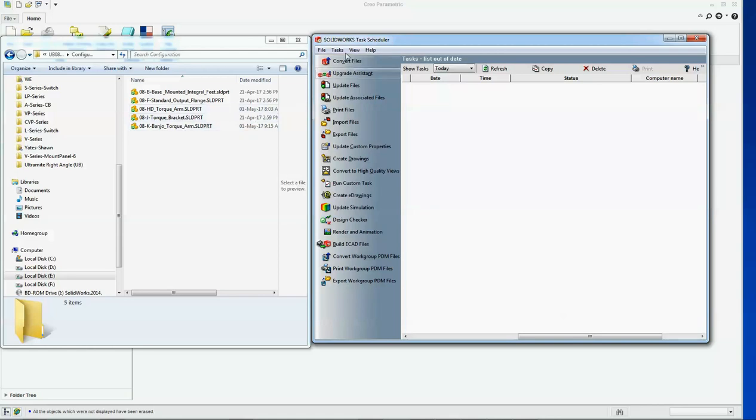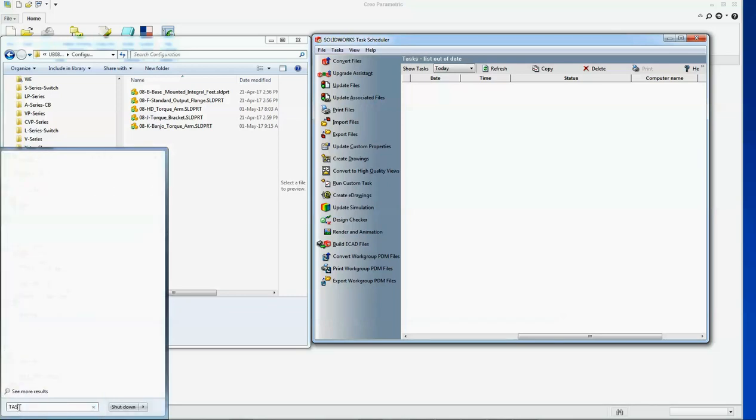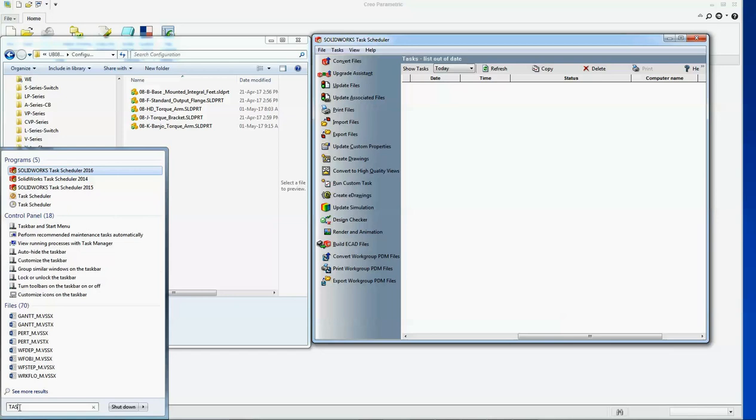So for this I am going to use the inbuilt SolidWorks tool, which is SolidWorks Task Scheduler. If SolidWorks is completely installed, you can find it here just by typing Task Scheduler. Here I am using SolidWorks Task Scheduler 2016.